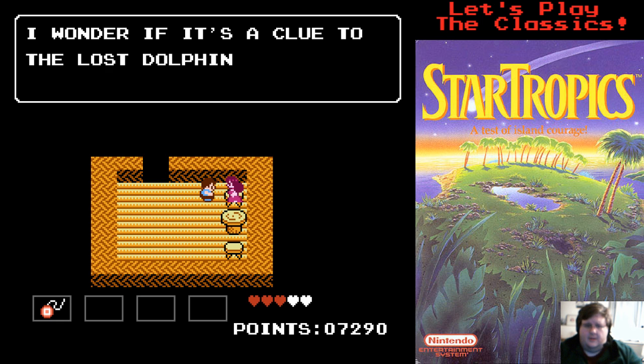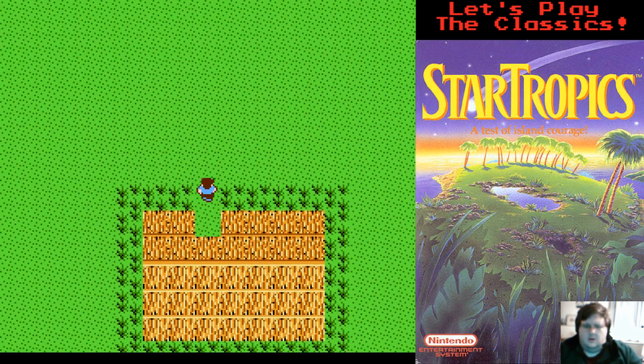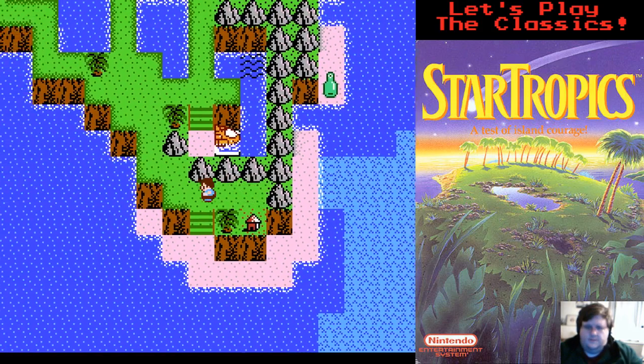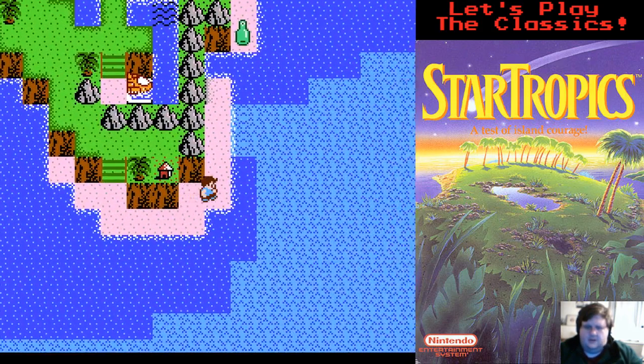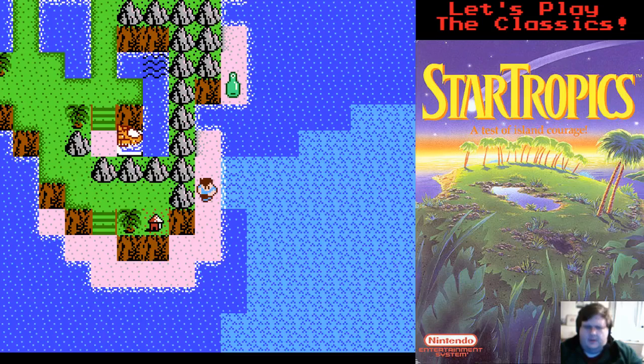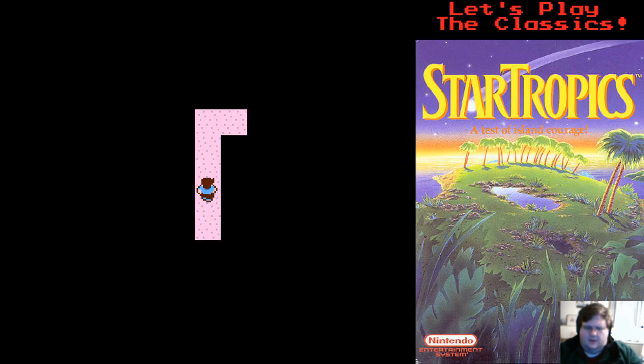Saw a bottle on the beach. See, now the game is slick. Because it'd be like, oh, beach. And then it's like... But if you notice, it's a little bit gray by the beach on the left side here. If you go in...